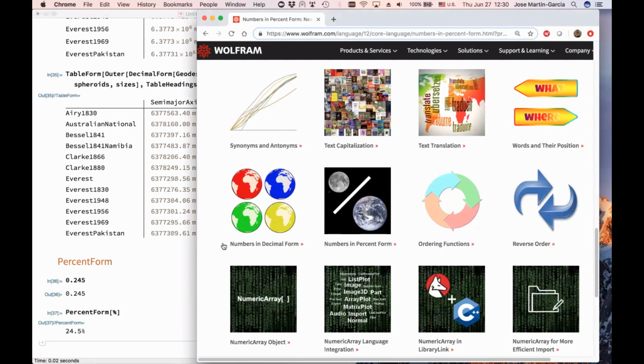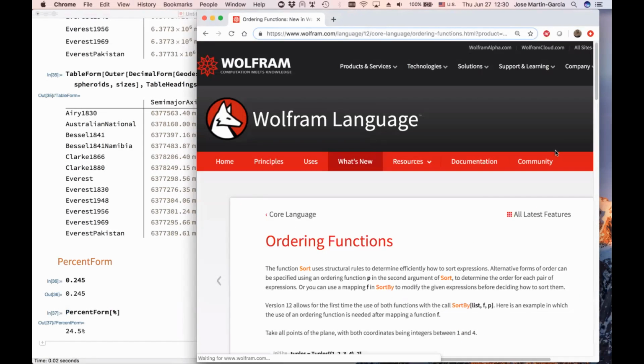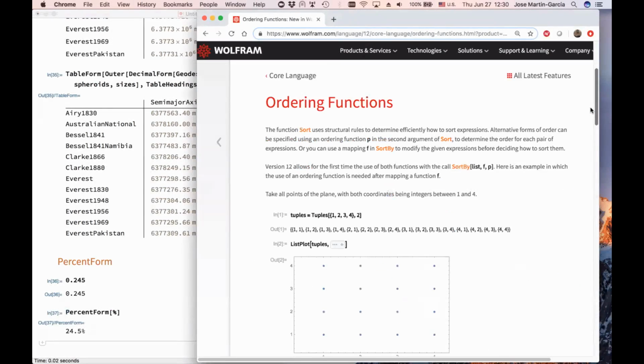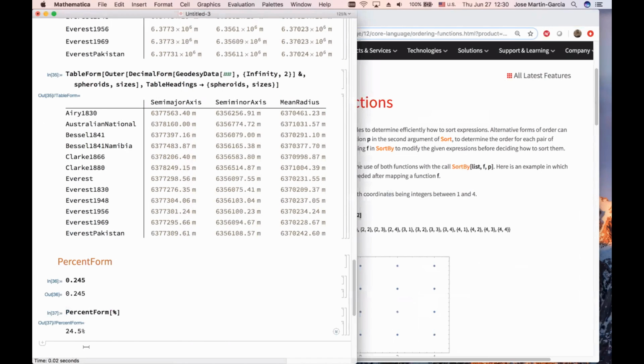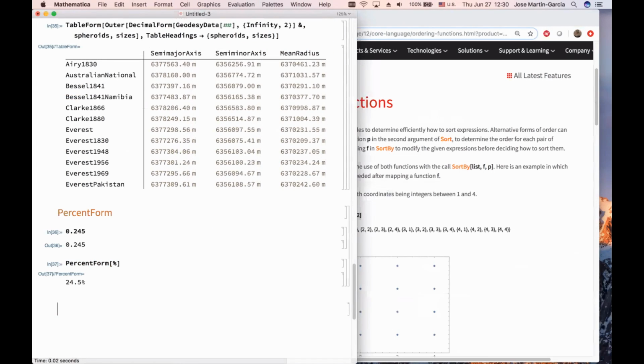Well, we have seen 2 ways of formatting numbers. Now we are going to see some additions in the ordering functions, in particular, ways of ordering numbers. Let's first remind ourselves what ordering functions are. This is a very useful concept. For example, let's take